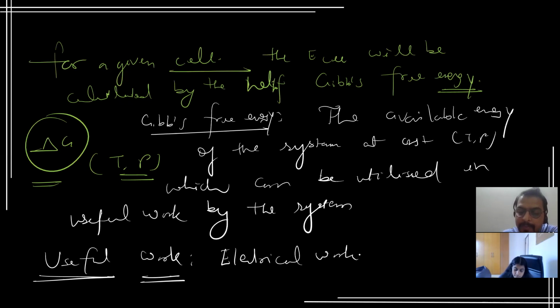Suppose you are sitting in your home and suddenly the light has gone. What will happen? Your inverter will start working, or you will start the generator. If you have an inverter in your home, it starts discharging, the electrons will be discharged, that will be converted into electricity, and the electricity will generate the power, right? So now the inverter is doing electrical work. That is called electrical work. It is useful work.